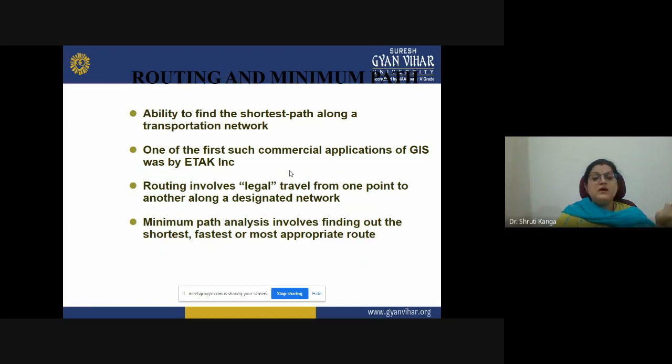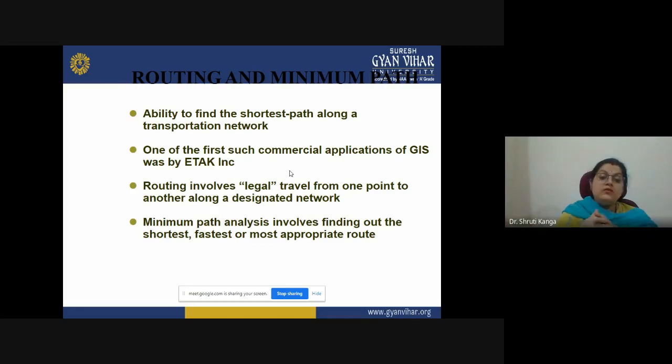Then it is also helpful in routing and minimum path identification. This is an ability through which we can analyze the shortest path along transport networks. These routings involve legal travel from one point to another along designated networks. It is officially marked what the different routes are for reaching from one destination to another.